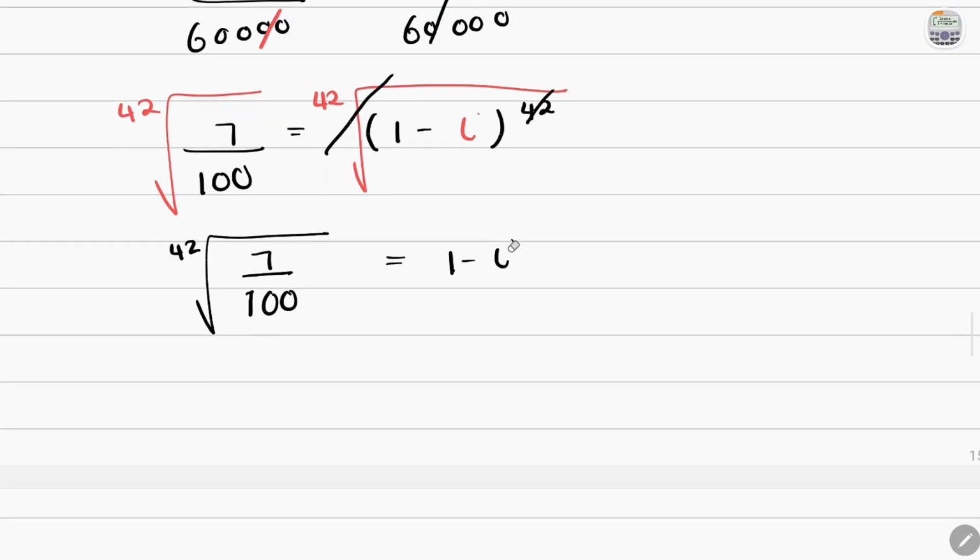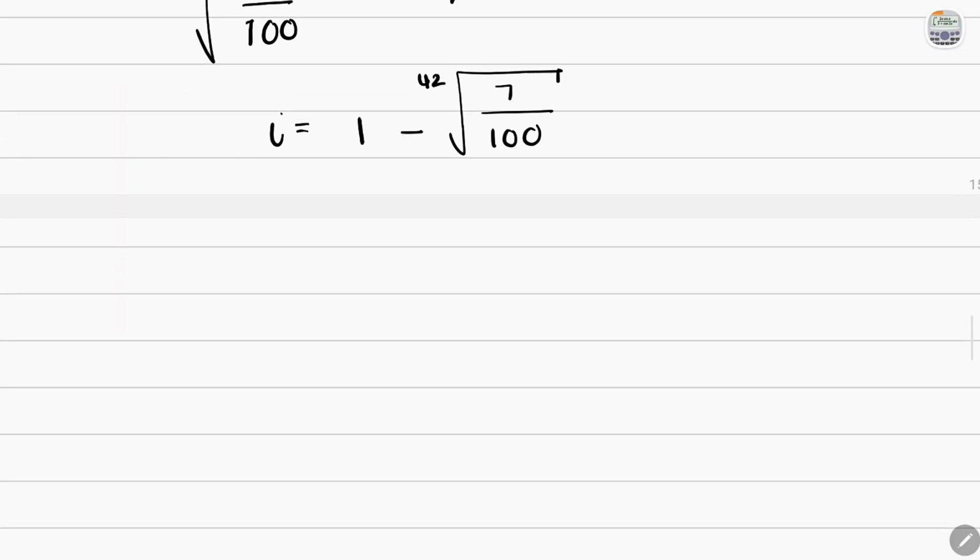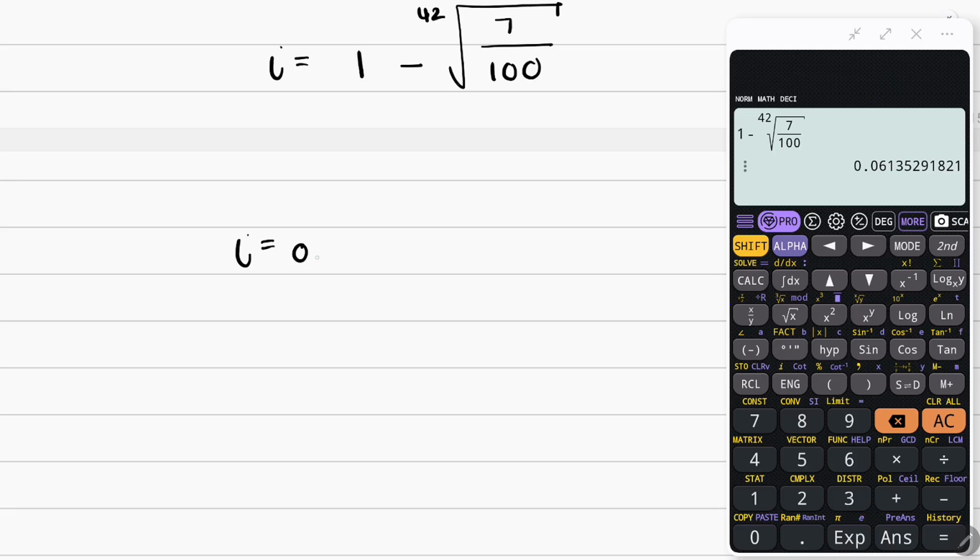100, and then we can transpose the I since it's negative. So it now becomes positive I, and we're saying this is equal to 1 minus this value. And that's all we have to find. So let's just find this on the calculator, and then of course rewrite it as a rate. So that is